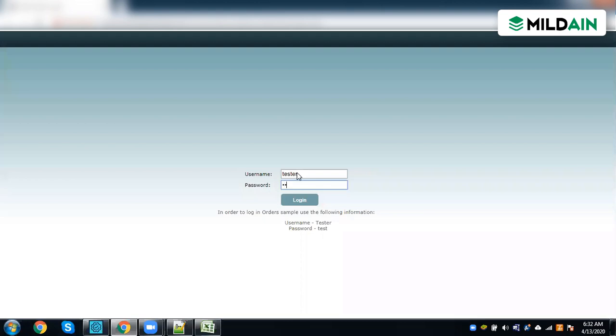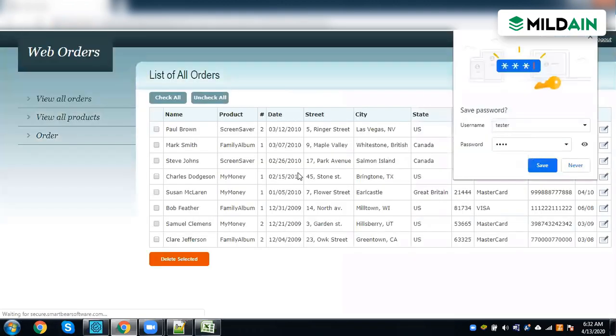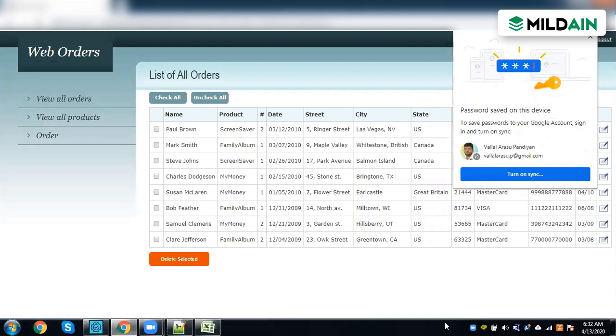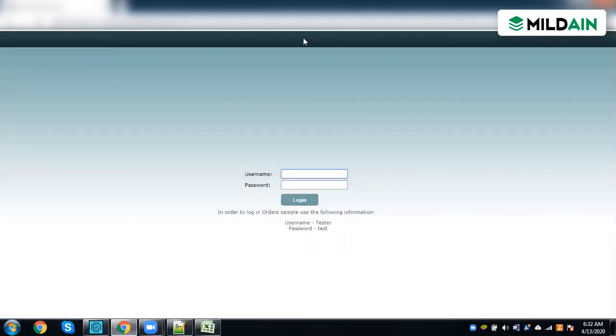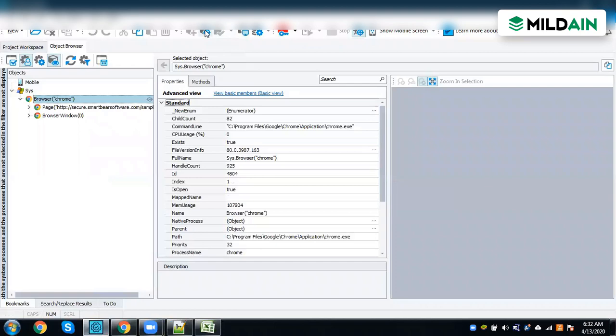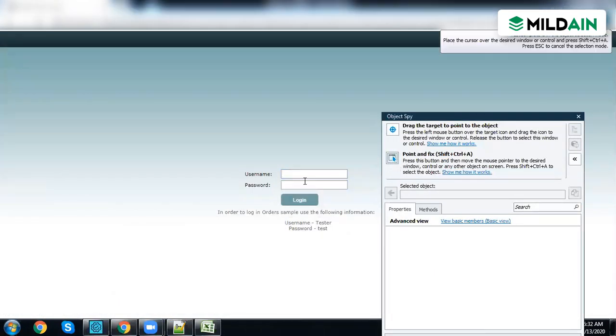So if I log in tester and test, here we have the username and password, and if you log in, it is going to enter. Okay, so this is a basic application. So here, say for example, for the username, what I'll do basically is I'll come to object spy. Okay, I'll identify the username text box.